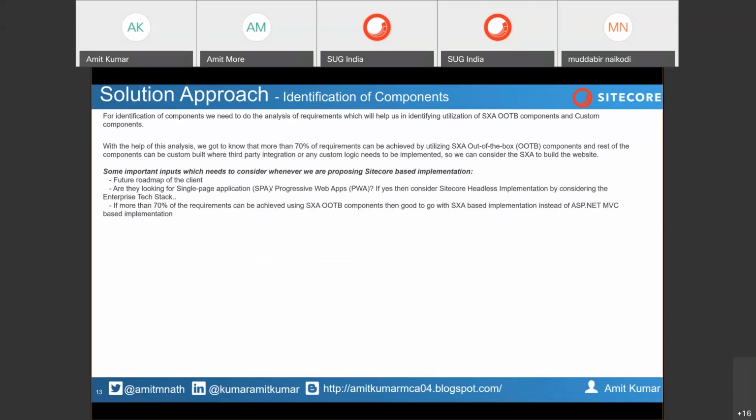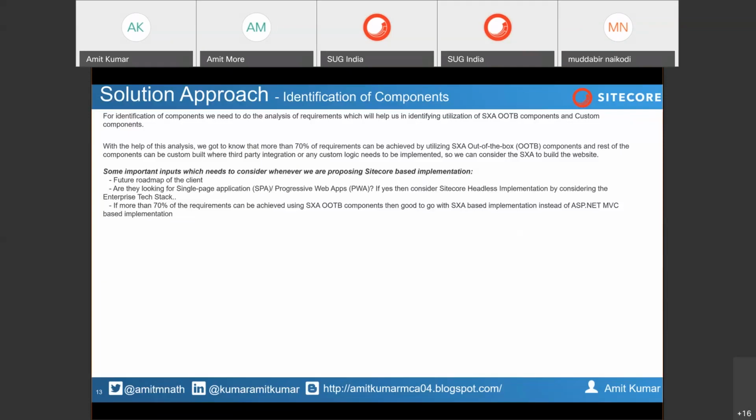But for any third-party integration or custom logic, we have to write our own custom component. That is similar to a normal ASP.NET MVC-based implementation, with some updates to classes or namespaces, which will be different.